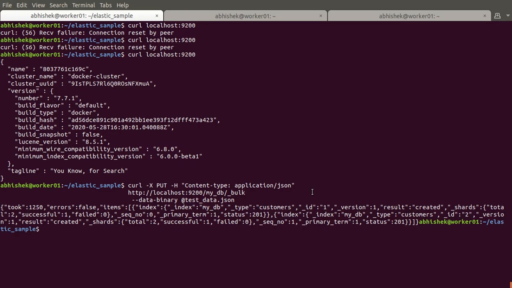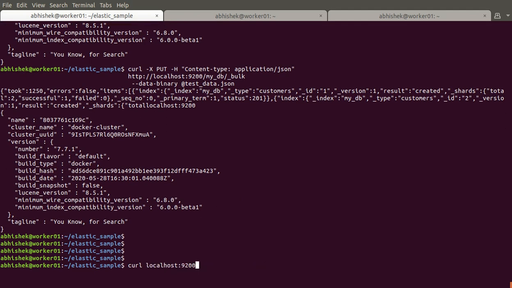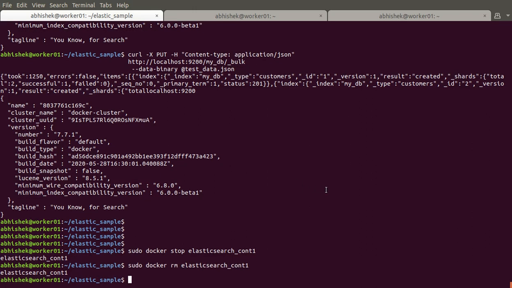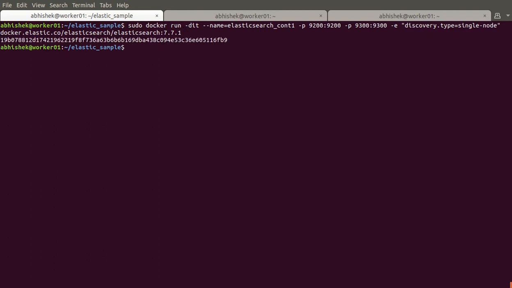Now if again I remove the container, and if I again create a new container, just a minute. It's creating.